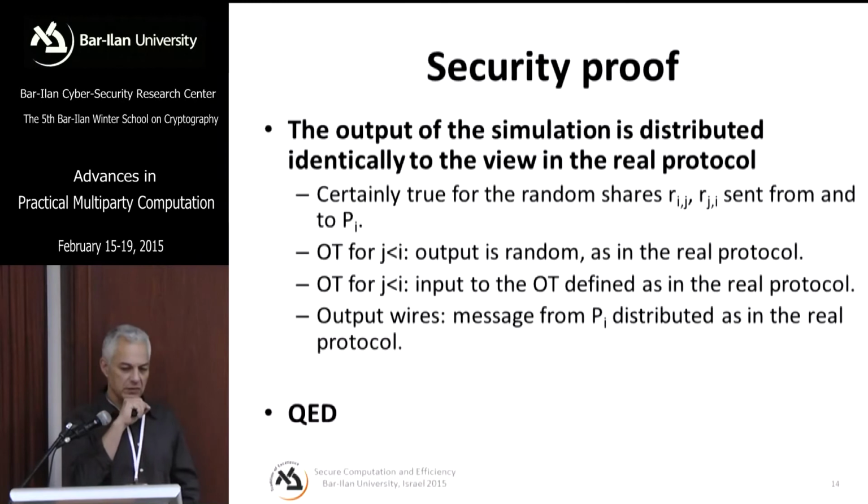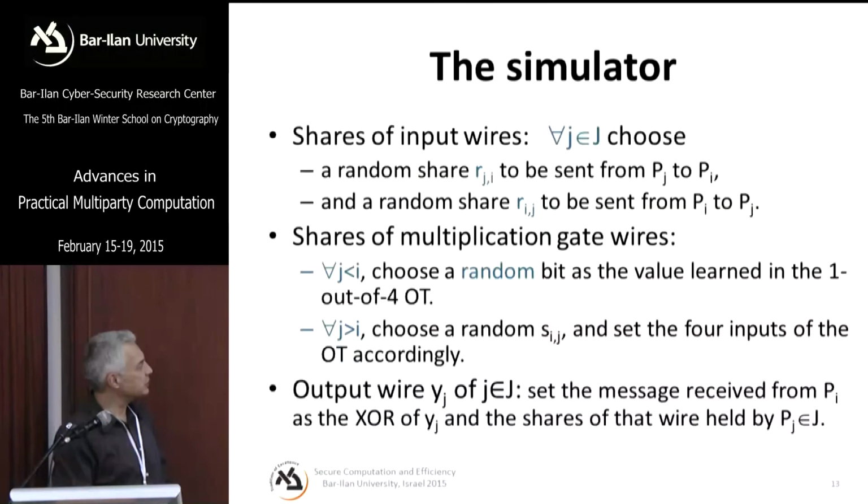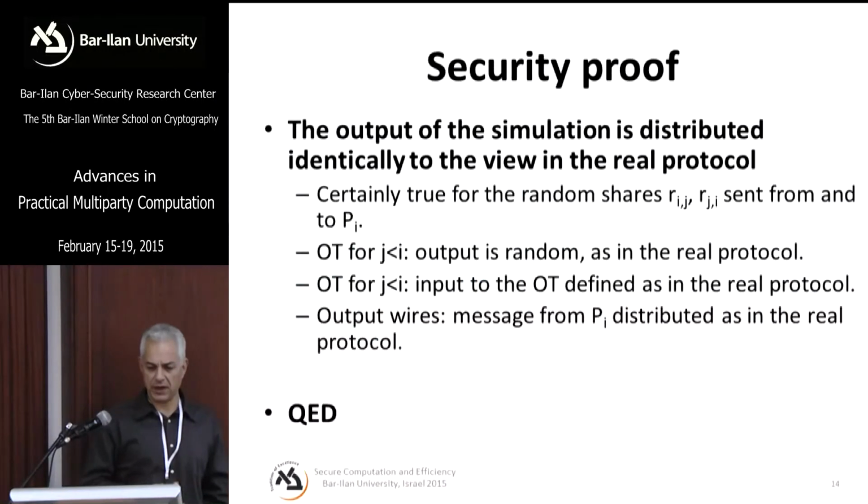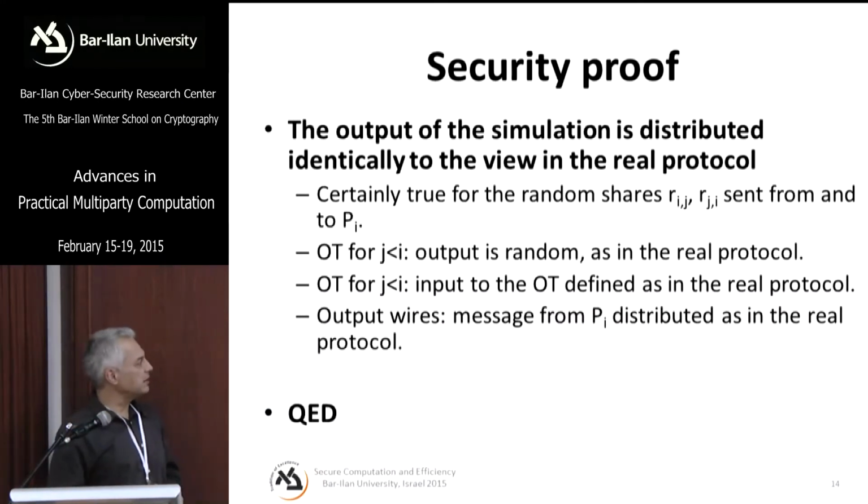So the security proof basically shows that the messages that I described in the previous protocol have the same distribution as in the actual run. And I think I kind of covered this when I described the previous protocol. The random shares, we simulate them with random bits that we send, but the random shares themselves are random bits, so they have the same distribution. In the Oblivious transfer, when Pj is the receiver, it receives in the actual run a random bit. In the simulation, we also